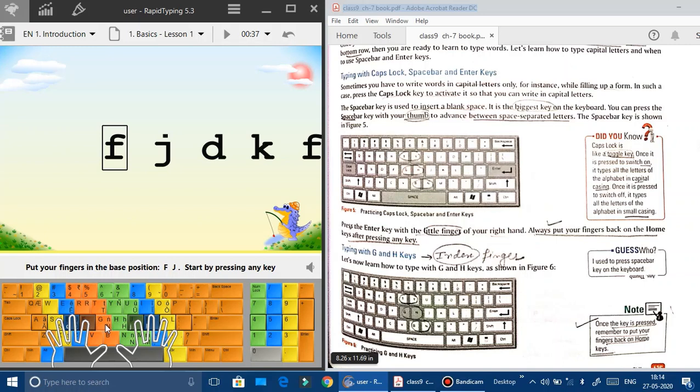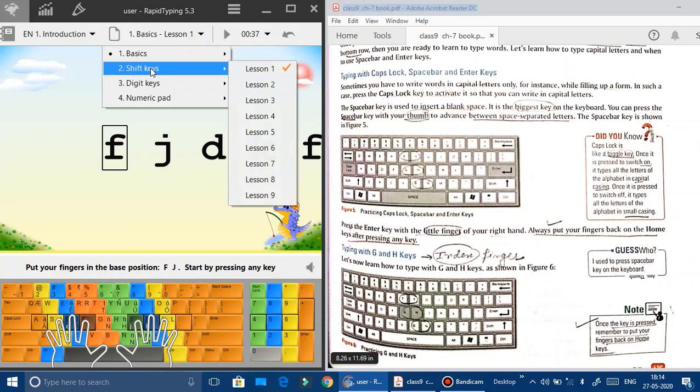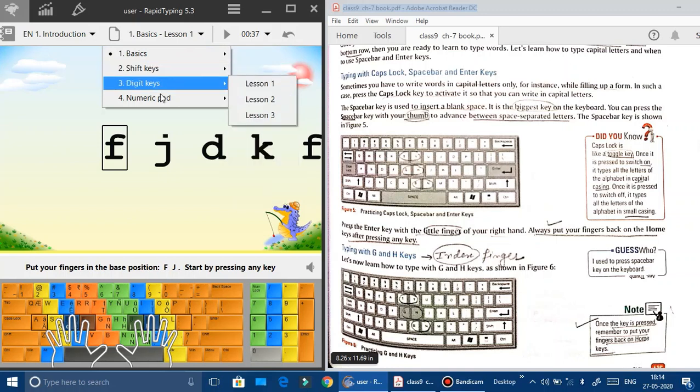Firstly, this particular software will give you training about these particular things. Now we are doing the introduction, so the basic lesson. There are different lessons like basic introduction, the shift key you need to practice, digit keys you need to practice.